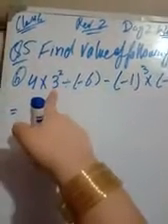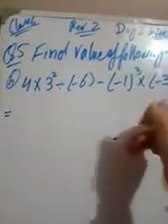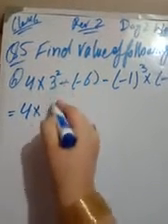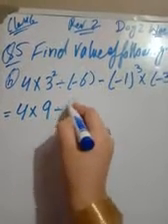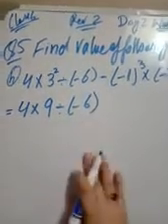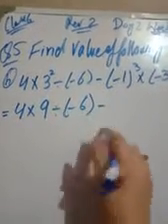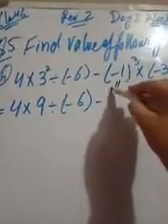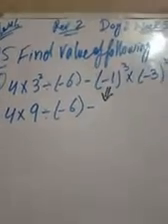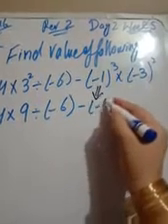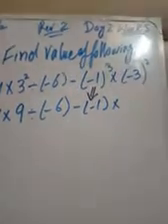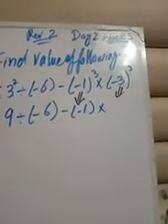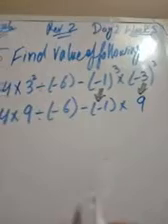Apply again: solve the squares and cubes of the integers. As the square of every number is a positive integer, so 3 squared is 9. Division sign as it is and minus 6 as it is. Minus into the cube of a negative integer is a negative, so the cube of minus 1 is again minus 1. Multiply. The square of every number is positive, so the square of negative 3 is a positive 9.